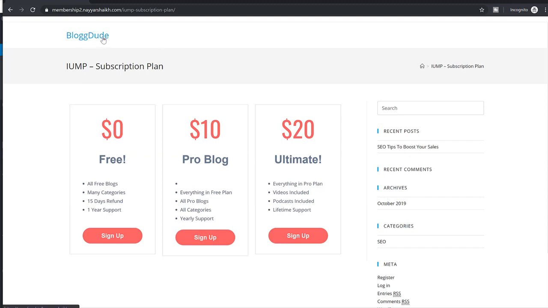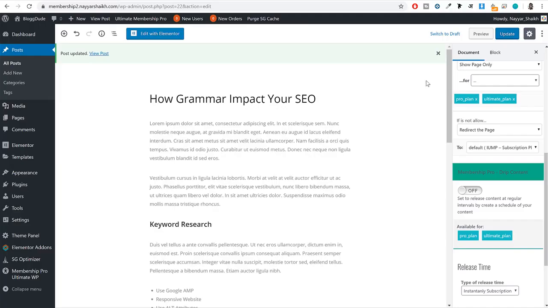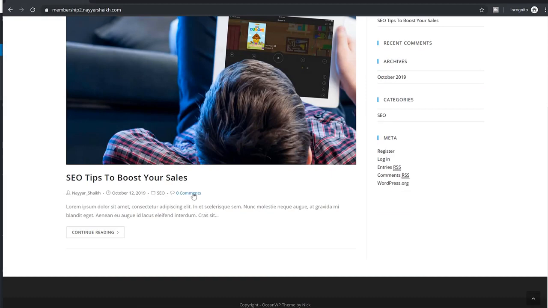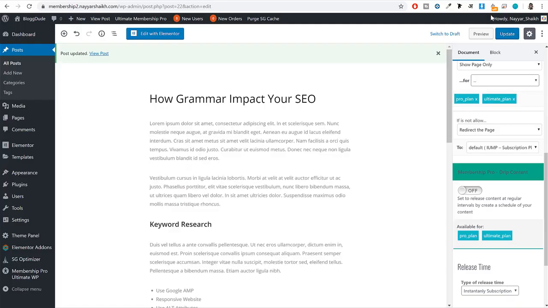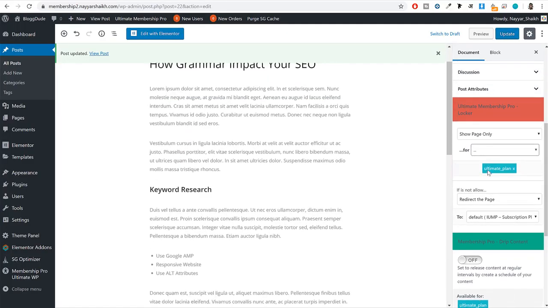If you want, you can have this setting. Now again, if they come back to the home page, they can see only this post. So you can do this as well, but I don't recommend this option. I think you should show them the post, but you should not show them the content, just like we did in this option, SEO tips to boost your sale. So here also you can just disable this option,